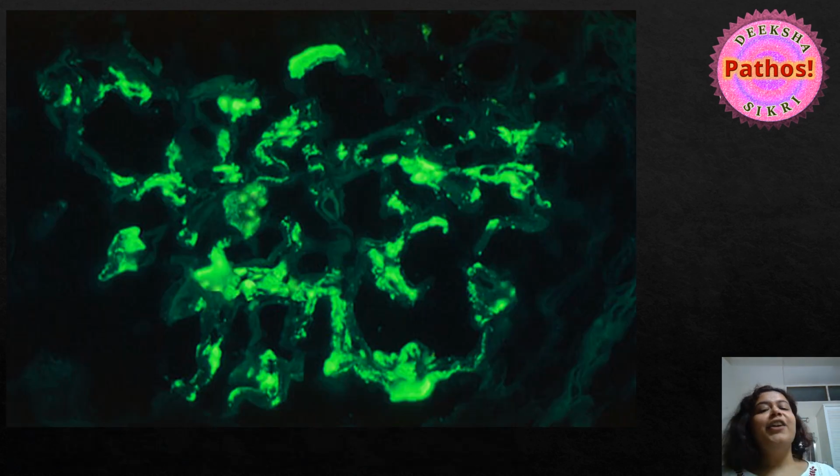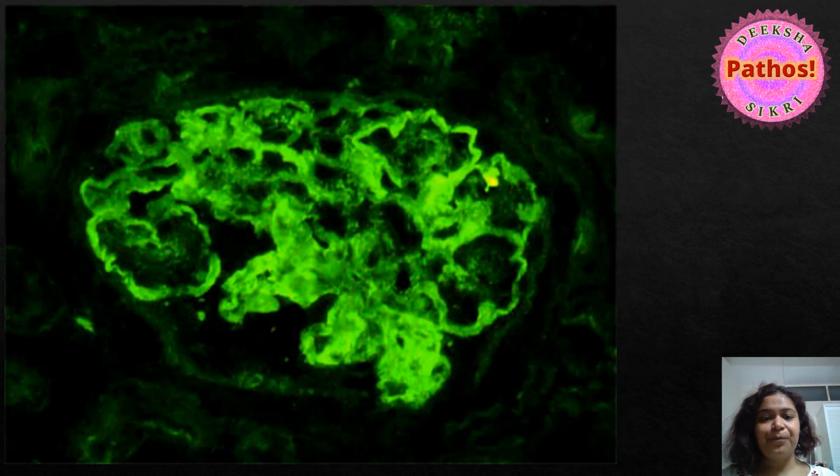Now look at this one. Can you make out that kind of regularity is still missing? So this is not linear, this is granular. But can you also make out that the granularity is between the capillaries? It's in the mesangium. So this is granular immunofluorescence, but a mesangial pattern of immunofluorescence. And this one, see, can you make out that it's in both? You can see highlighted capillary loops also. The greenness is in the capillary loops as well, and in the mesangium as well. So this is clearly because of a disease that has affected both, right? So linear, granular can be just capillary, just mesangium, or both.